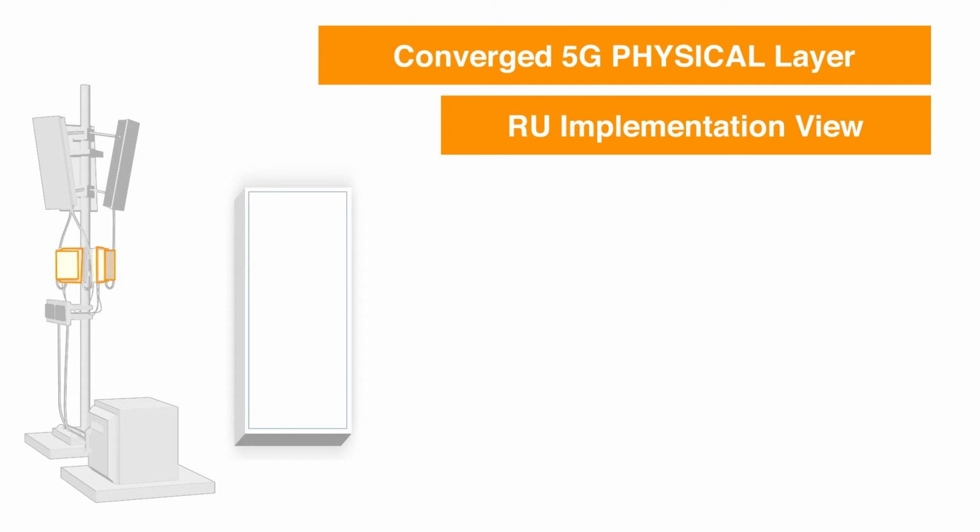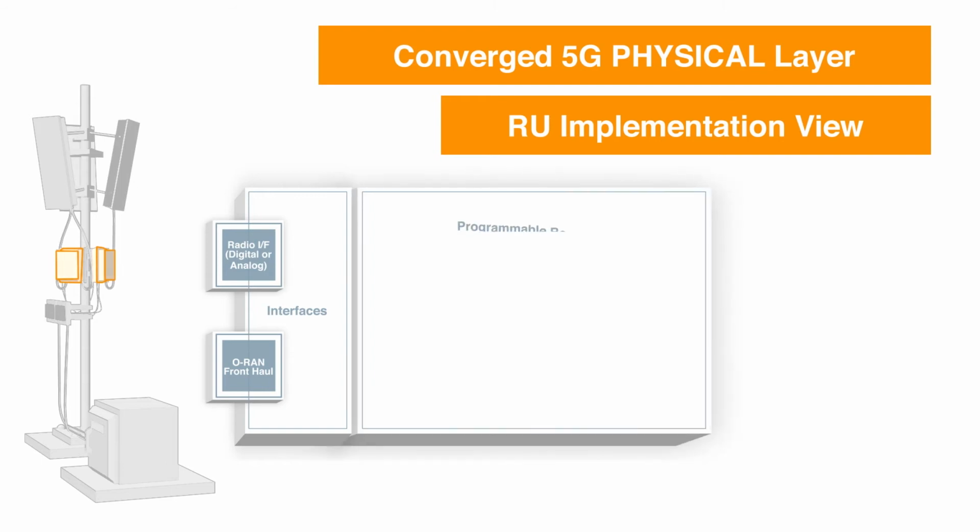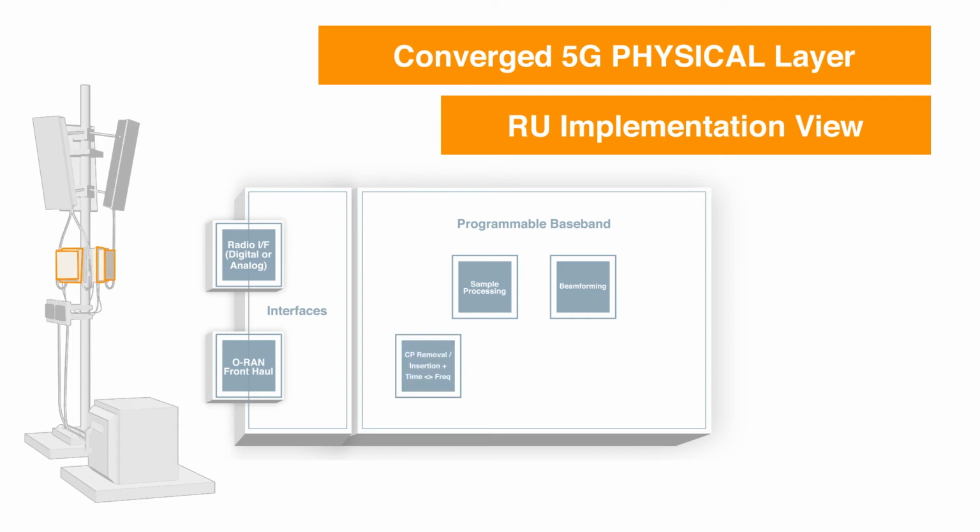On the RU side, we will need to interface to the RFIC. For the massive MIMO systems, there are a large number of antenna connections that need to be interfaced, and there are any number of standardized interfaces available for it. Similarly, for small cells, a reduced number of antennas are supported. An analog interface may also be used, whereby a lot of the baseband digital operation such as upconversion or downconversion and filtering would need to be done in the baseband.